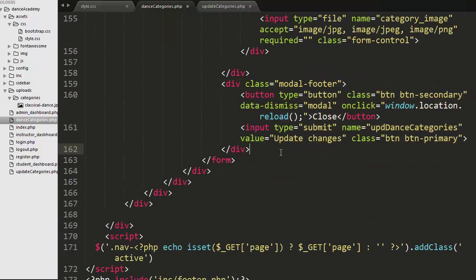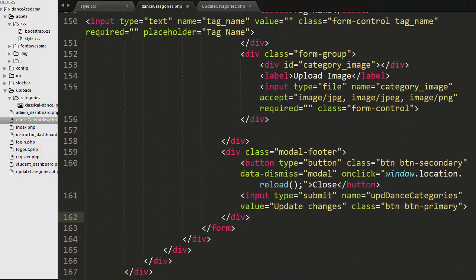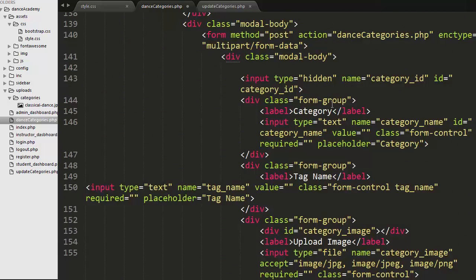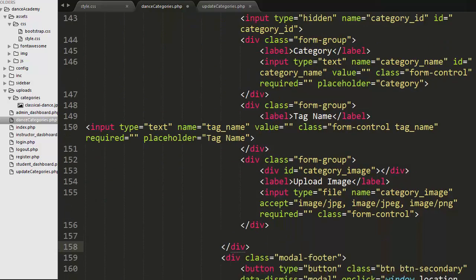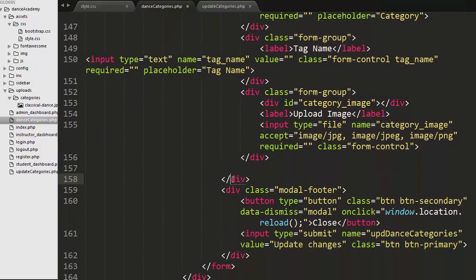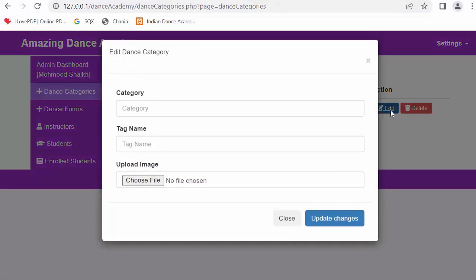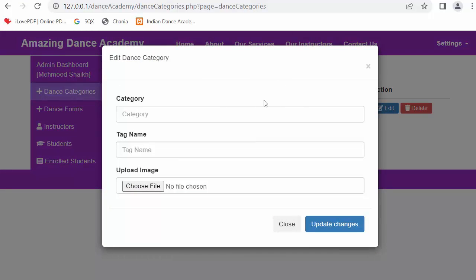Now at the end I have created a div with a class of modal footer outside this div. So this is my modal body div, and once that modal body div gets closed, I have created another div with a class of modal footer to display the buttons like close and submit buttons. Now let's save it and I will refresh, and when I click on edit,